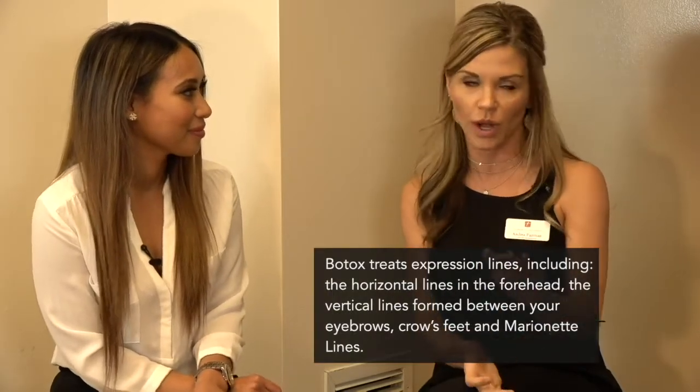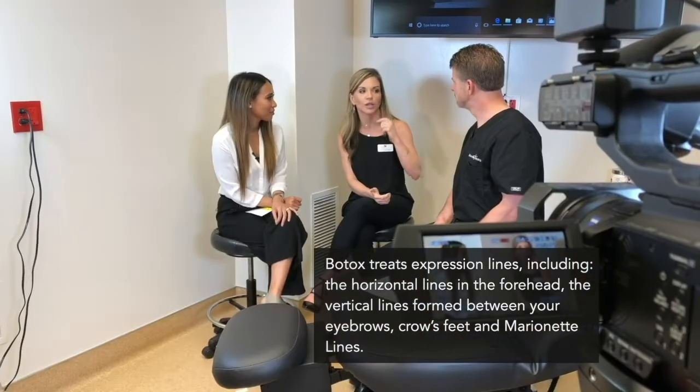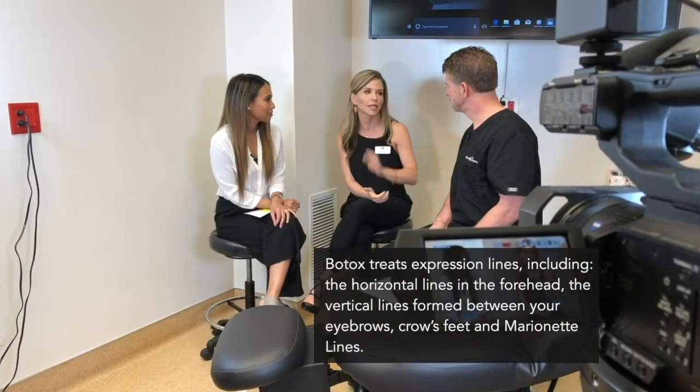So the ones here, in between the brow, we call that the glabella area. Those are called your corrugators and your procerus muscles most commonly. Then you have your frontalis. It's going to lift the forehead. Those are very important. Those elevate the eyebrows. So we always want to treat that muscle really well so we don't overdo it. And then we have this orbicularis oculi muscle that does create the deep lines when we do the little squinty smile. So cute. So that's the most common area, and then again, like you said, we do use it off-label